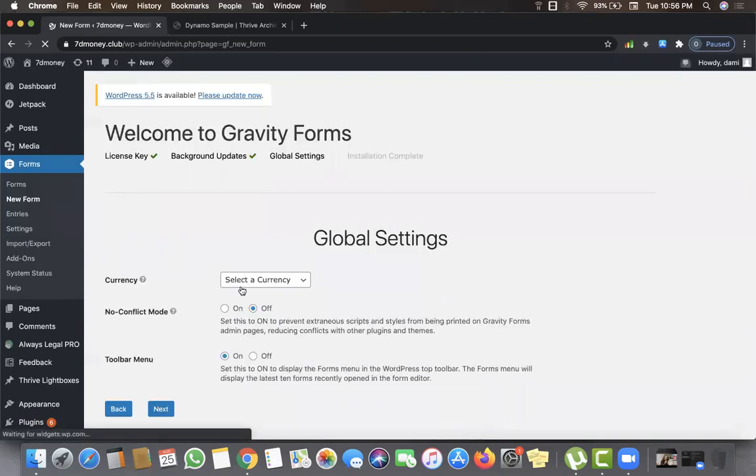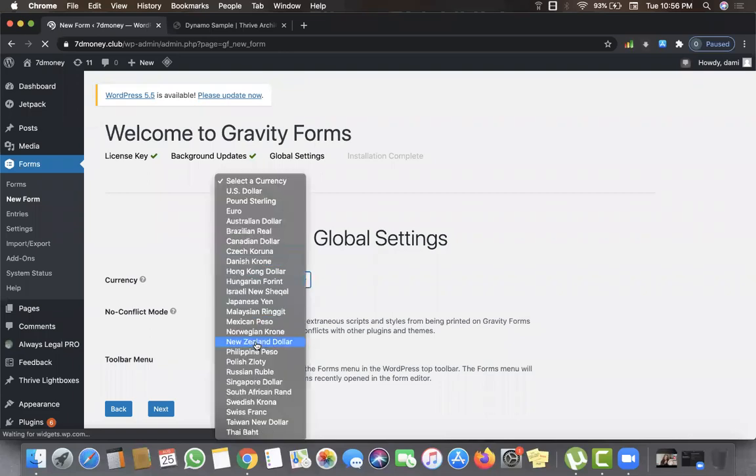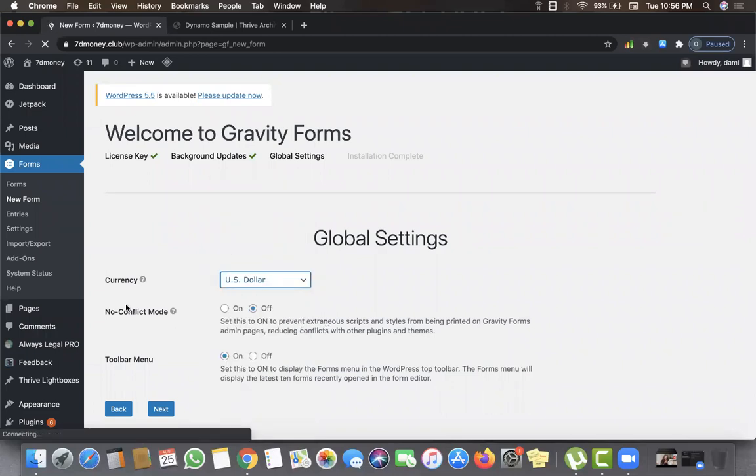So select a currency. Just select US dollar. Basically, this is not the currency of your